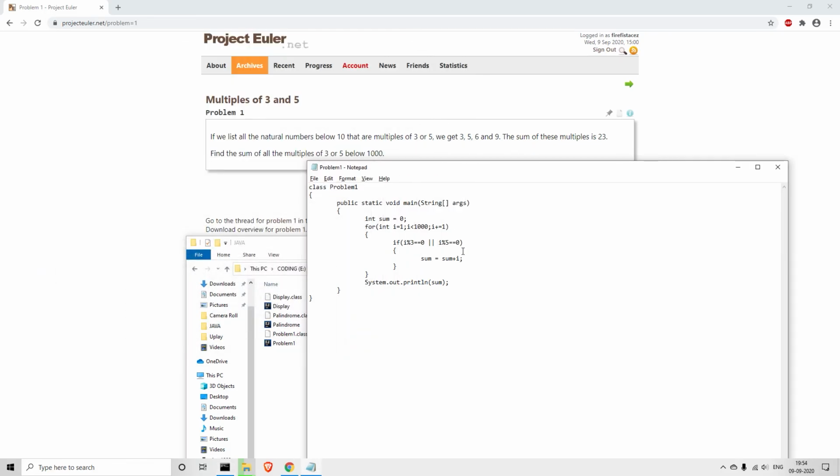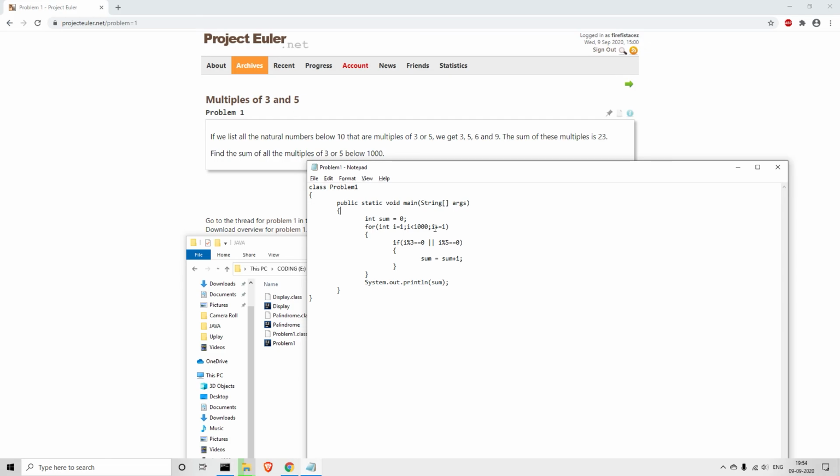So this is a simple Java code. I hope everyone has understood the logic behind it. We take each number from 1 to 1000 and increment it by 1, and the condition we have put is that the number has to be a multiple of 3 or 5.